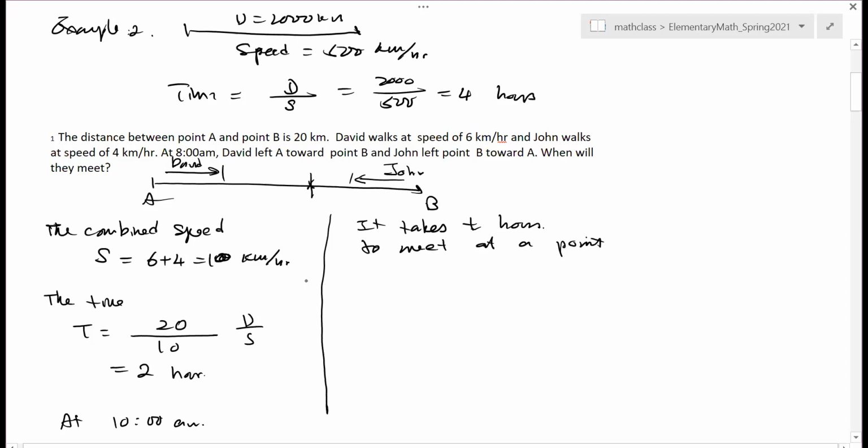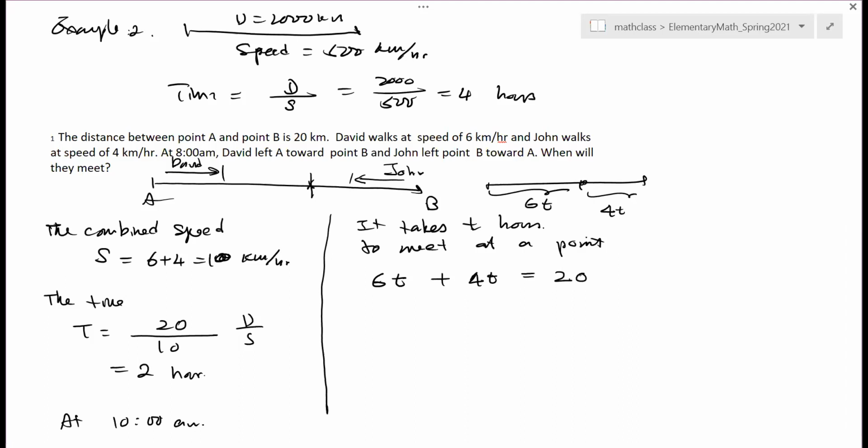At some point on the way. So for David, it travels 6 times t. That is the distance because the speed is 6 kilometers per hour, right? So this is a picture. For David, it's 6 times t. For John, the speed is 4 kilometers per hour, so 4 times t. Because they meet at some point, the total distance combined will be 20